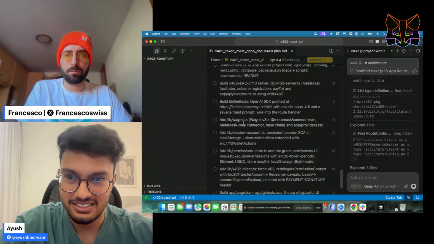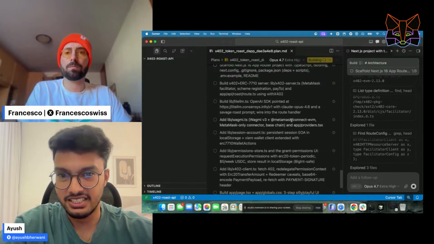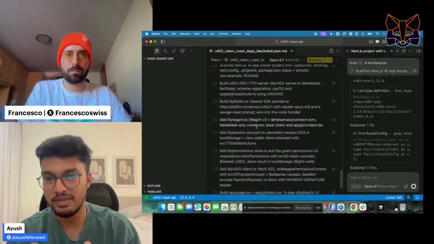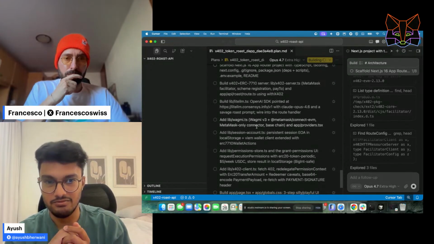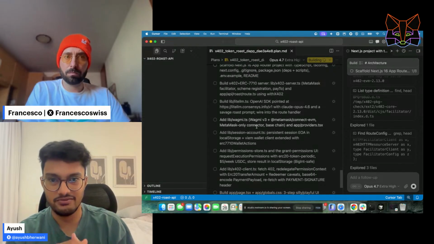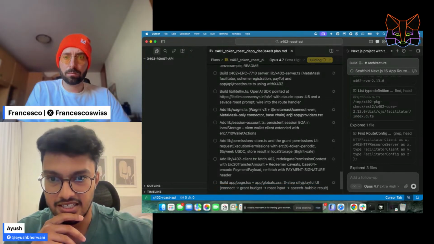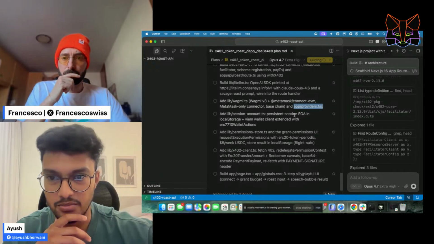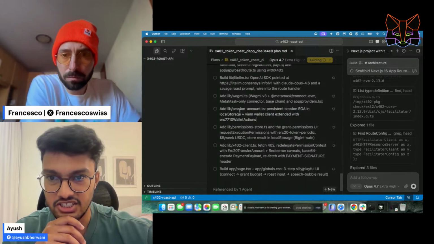Once that is done, it will start doing the Wagmi integrations on the front end, where it will be using the Wagmi V3 Connect EVM MetaMask adapter only, because we specifically mentioned that we don't want any other wallets to be connected, only MetaMask, because we don't have support for ERC-7715 in the other wallets, right? So that's the reason we are restricting it to MetaMask. And the app providers, this is pretty standard as well, like how we add the providers. Then going forward, it's adding a session account.